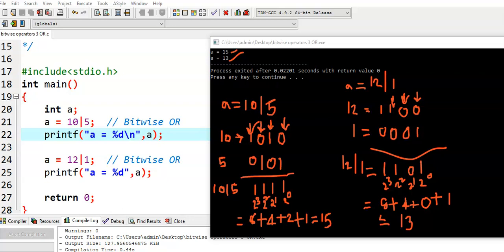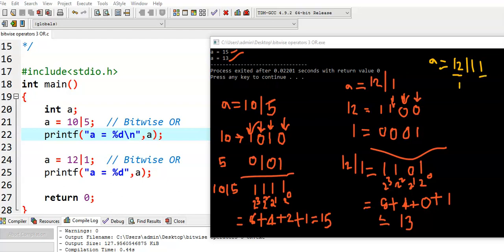Now what is the difference between the bitwise OR operator and the logical OR operator? We see here. Suppose instead of using bitwise OR, I use logical OR here, we see what output we get. I am using logical OR here, 12 logical OR 1. How does the logical OR operator work? It works on the entire value. For the logical OR operator, 12 is the entire value, 12 is a true value, so it returns 1, and 1